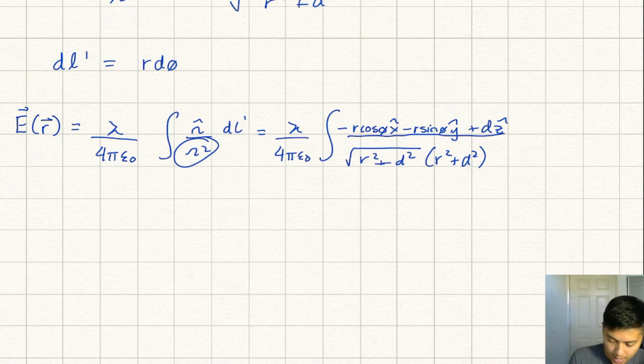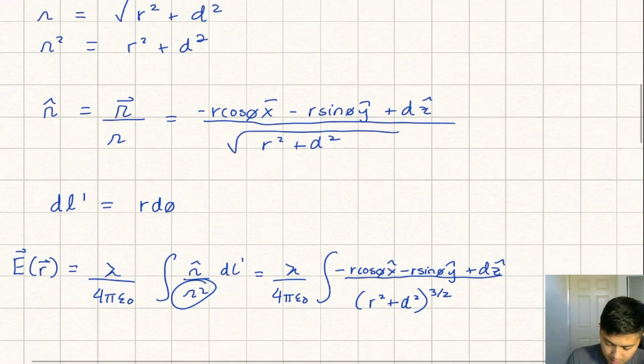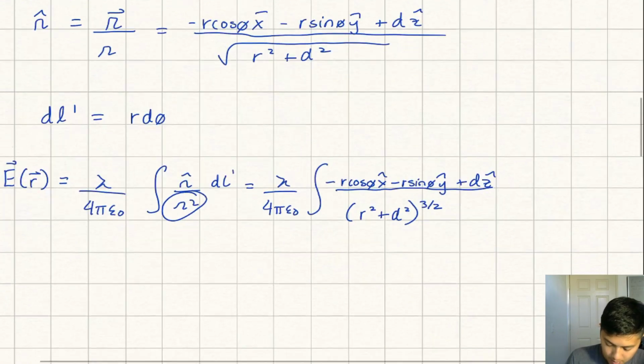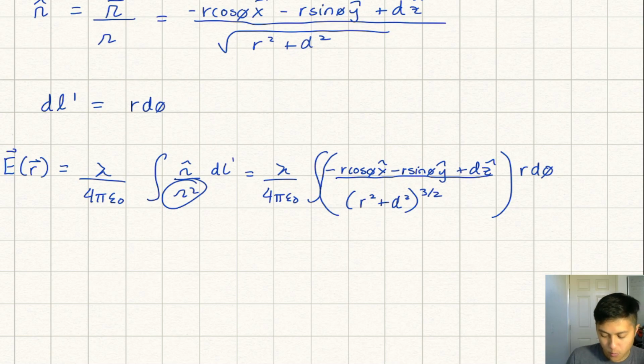So if we add these two powers together, this has a power of 1, and the square root is a power of 1/2. So this should give us (r squared plus d squared) to the 3/2. Okay, and last but not least, I need to get the dl prime in there, right? So the dl prime is times all this times r d phi, and we want to know where to integrate